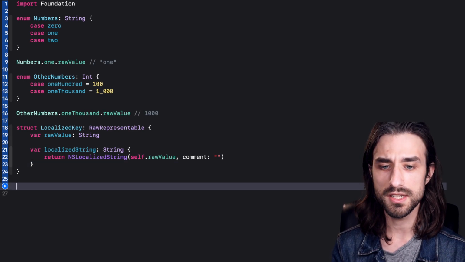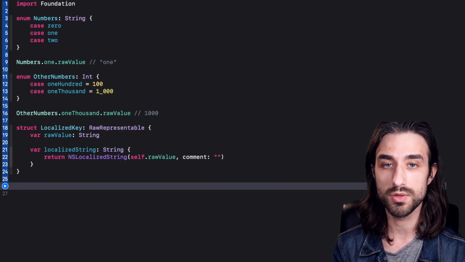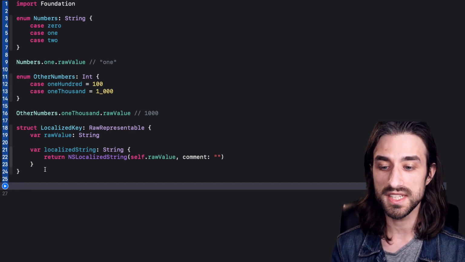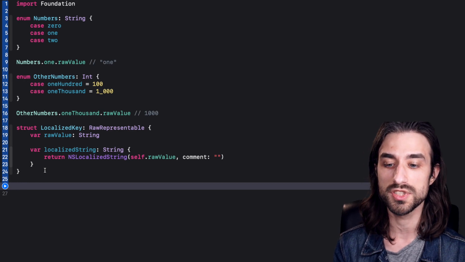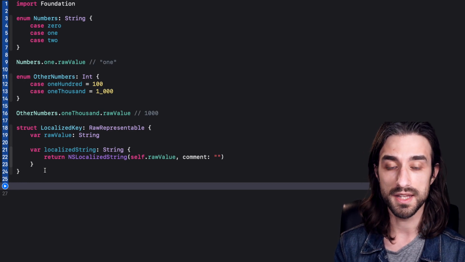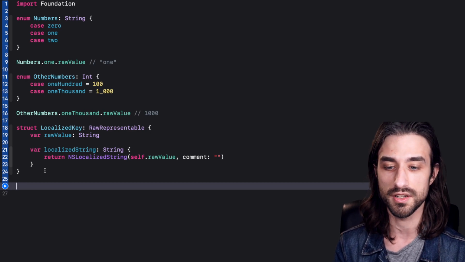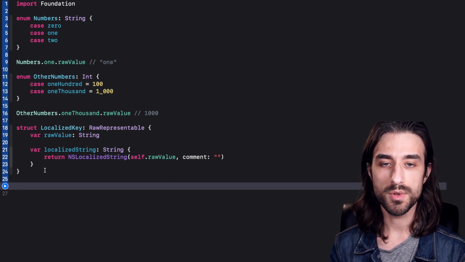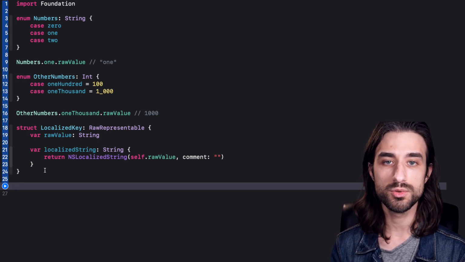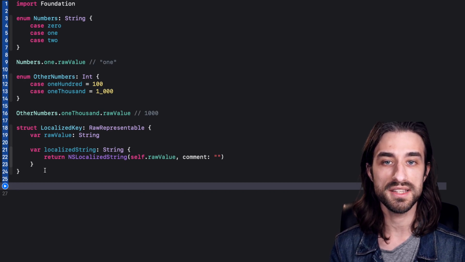And now we might be thinking, well, what's the interest of implementing this type this way when we could actually use an enum? Well, the difference is that in an enum you have to provide all the possible cases in a single place, and it makes sense because this is how Swift enums work. They need to be exhaustive because then the compiler can infer a lot of type safety from this exhaustiveness. But for something like a localized key, we don't actually need this exhaustiveness because there's a good chance that we are never going to switch over all the possible localized keys in our app.